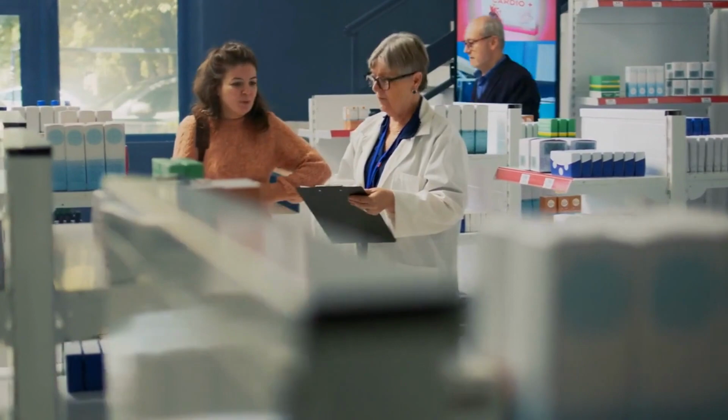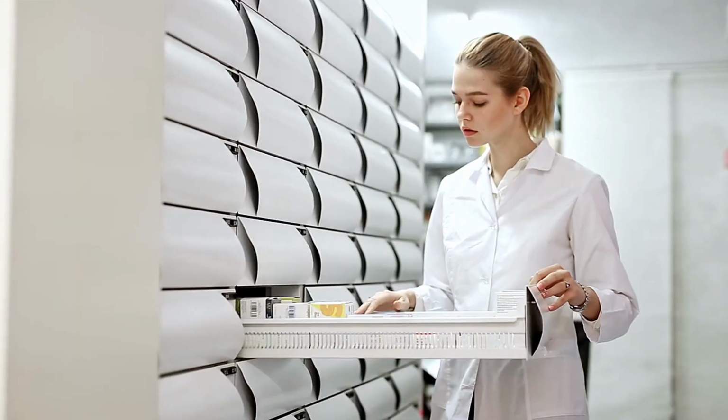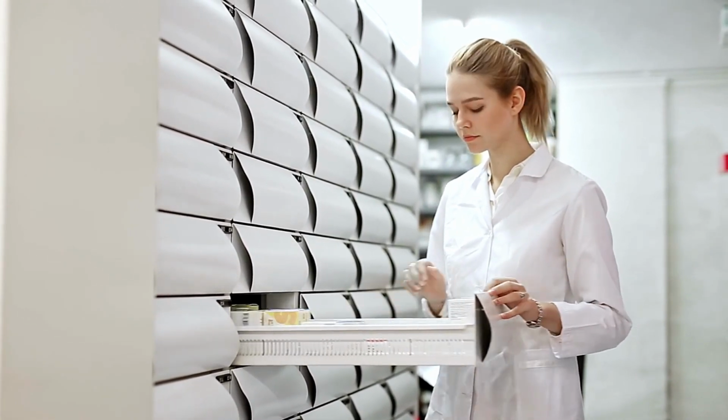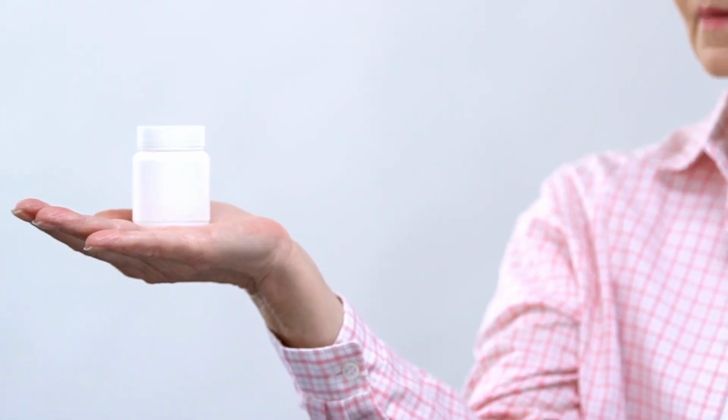She experiences some mild stomach discomfort initially, but it subsides after a few days. Sarah continues taking diclofenac for the recommended duration and attends regular checkups to monitor her response to the medication. In this example, Sarah's doctor ensures that diclofenac tablets are safe for her by prescribing the appropriate dose and monitoring her progress. Sarah follows the instructions and experiences only mild and temporary side effects, indicating the safe use of diclofenac